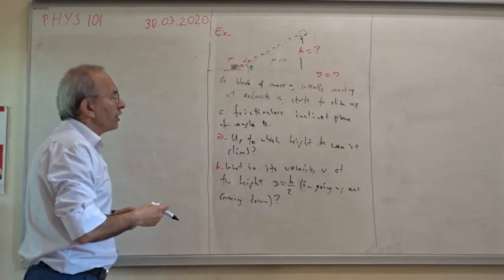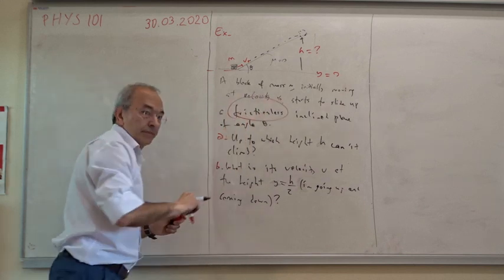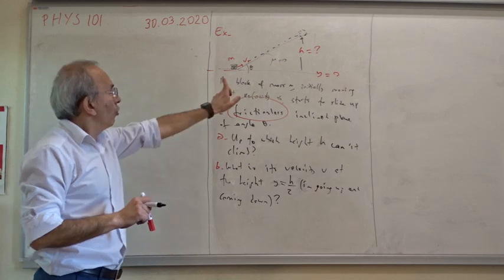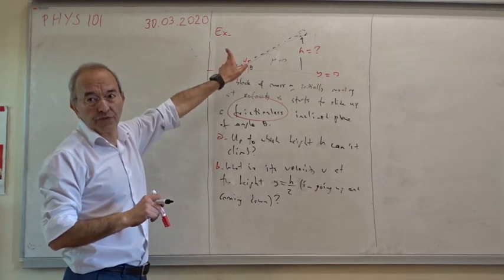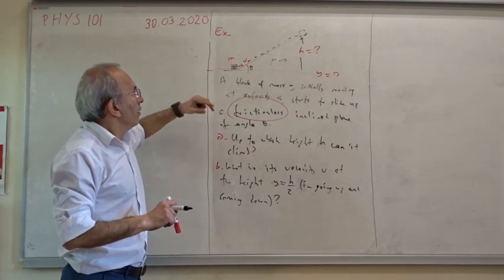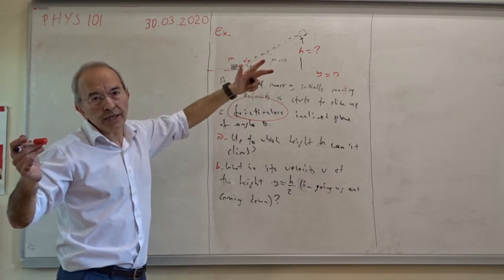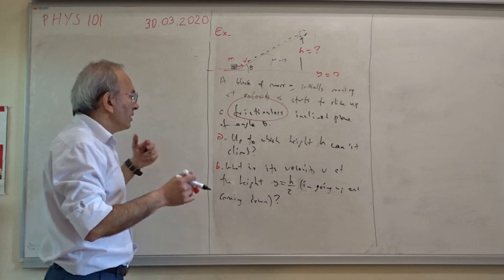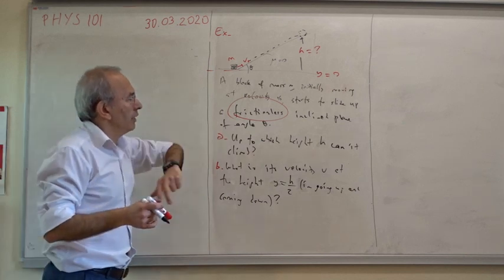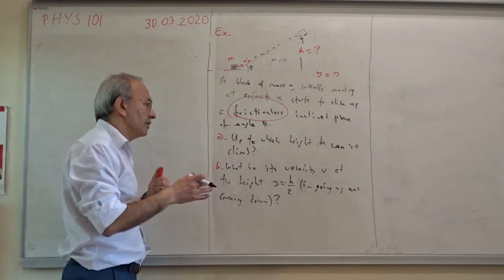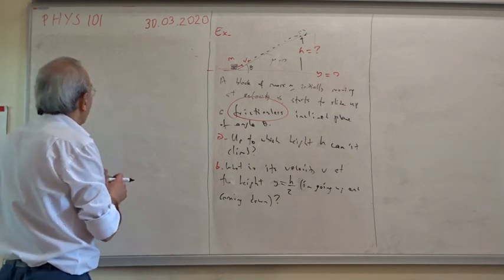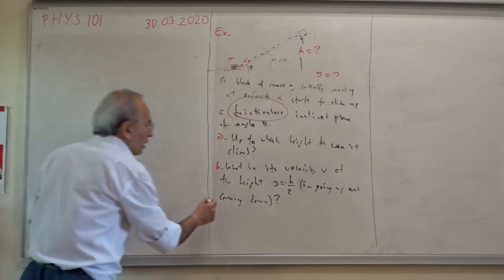Since there is no friction, we only have a conservative force, which is the gravity. Of course, normal force doesn't do any work, we have seen it. We don't push it so that we don't apply any force, and there's no Wf, there's only Wg. But in this case, it doesn't say what is the work done by gravity, it says up to which height it can climb. So part A is simply